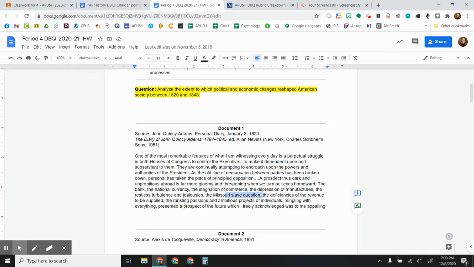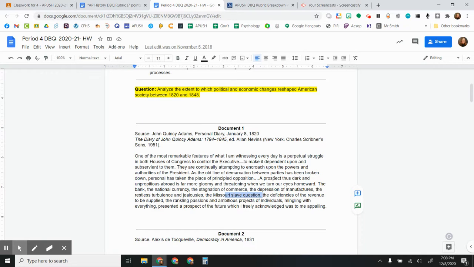And the outline, you can organize this any way that you want. You could do political changes, economic changes, and then how all those changes shaped society. Or you could do political changes and how they shape society, and economic changes and how they shape society, and then perhaps a third paragraph about what is the extent, like how much, what was more important, which